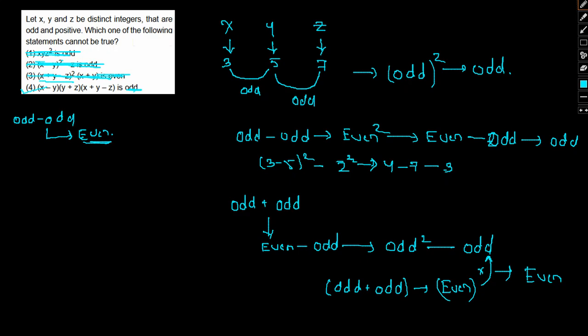I hope this approach is clear. We might have taken numbers, but we didn't necessarily use them. You could use the numbers and verify, but I simply used the concept of odd and even; that way I solved it. You can take the numbers and verify each condition yourself, which should be good enough as well. Either way, the answer would be the same. So option 4 will be the answer.